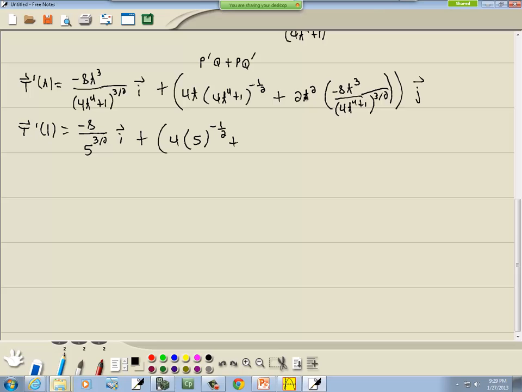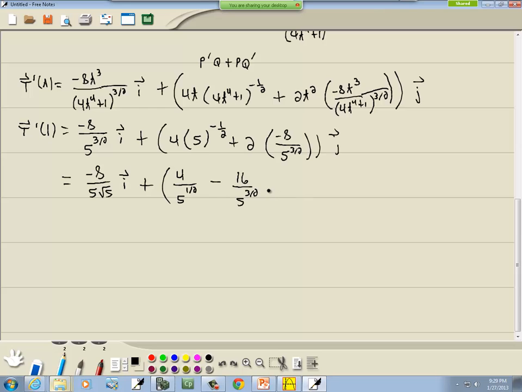Plus 1 squared is 1 times 2 is 2, times 1 to the third is 1 times negative 8 is negative 8. Basically, all these t's are going to drop away when we put 1 in there. So that gives us 5 to the 3/2 j. So that gives us negative 8 over 5 square root of 5 i, plus 4 over 5 to the 1/2, minus 16 over 5 to the 3/2 j,